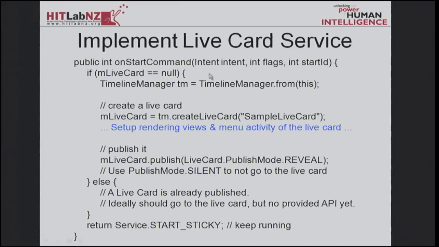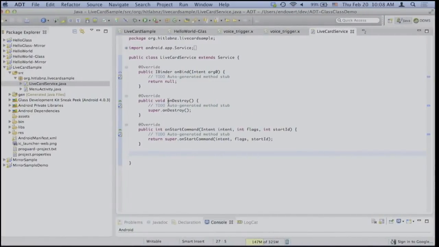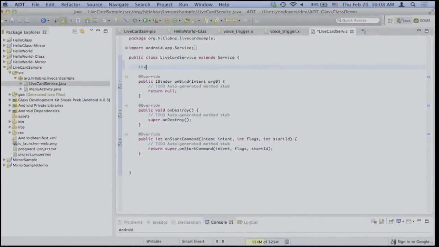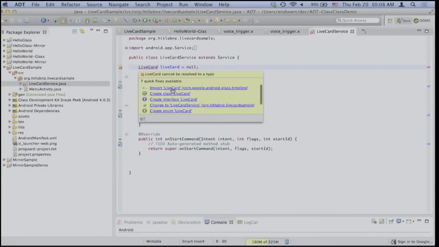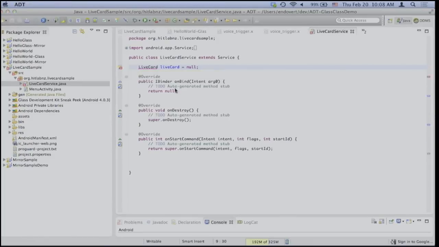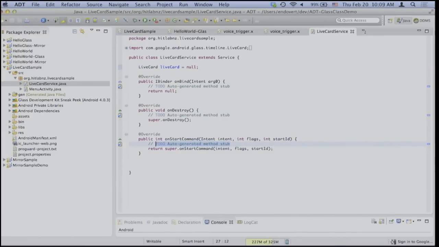So we'll be typing in this code right now. So we'll have a member variable, live card, and initially it will be null. And of course, we'll have to import a class here. So you hover your mouse over it, and then you just click import. And inside this onStartCommand,